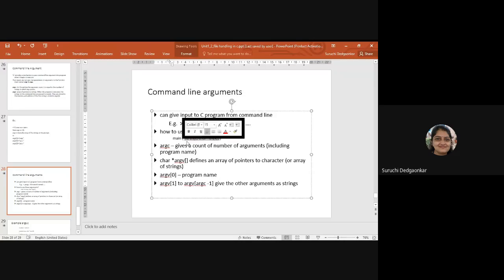Okay, with parameters. So first parameter is integer, which is argument count, and second parameter is always character pointer array. That is string array. So character pointer argv of array. So first parameter is integer, second parameter is array of string pointers.